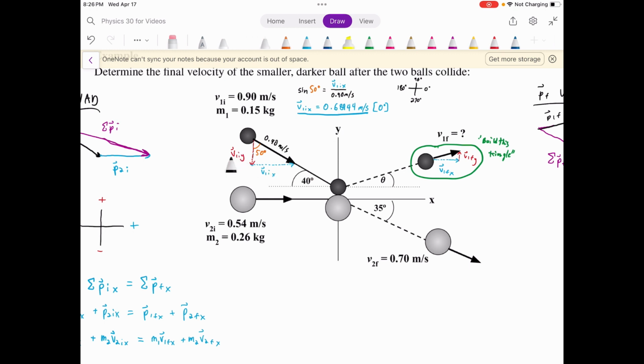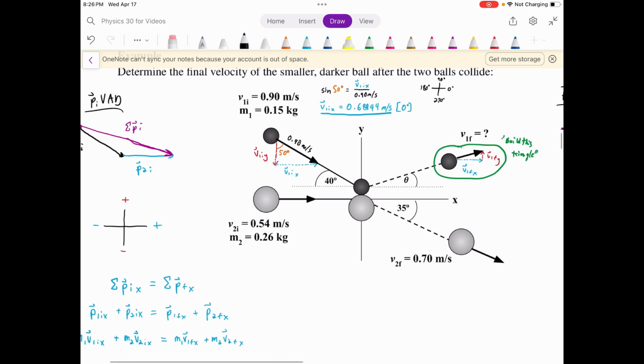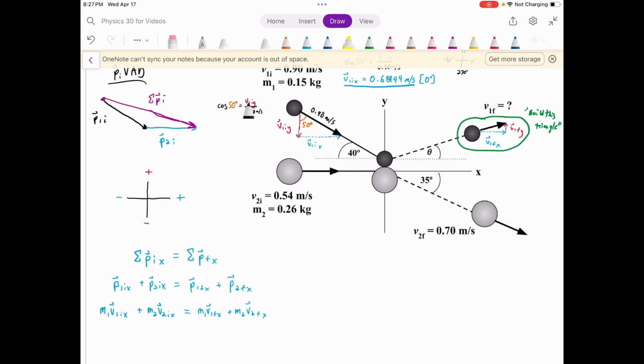Okay, let's now do the same thing for the y component. Since we're here, we know we're eventually going to need it for when we do the conservation of momentum in the y-axis. So we might as well just find it while we're thinking about this. For the y-axis, it's adjacent, and we're given the hypotenuse. So the cosine of 50 degrees will equal this over 0.9, like that. And therefore, the initial y component is just going to be cos of 50 times 0.9, which gave me